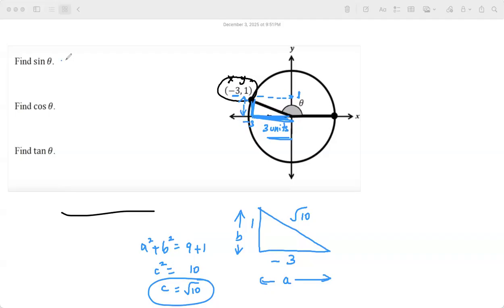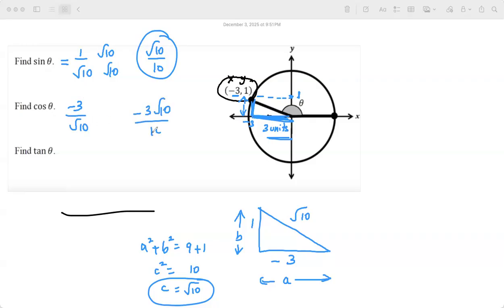However, when you write sine theta, cos theta, tan theta, it's going to be much different. Sine theta becomes 1 by root 10. You cannot answer it like this, so you'll have to multiply by root 10. So that becomes root 10 by 10. Number 2, cos theta will be minus 3 by root 10, again rationalized. For this one, you will have to indicate it with a minus, right, Akash? Again here, tan theta will be minus 1 by 3.